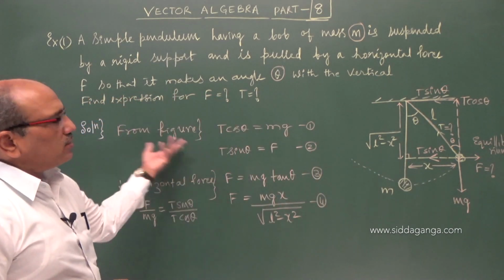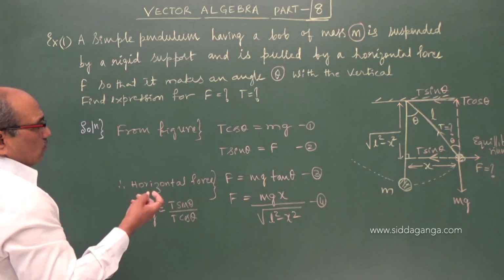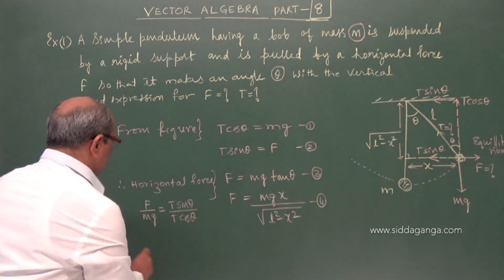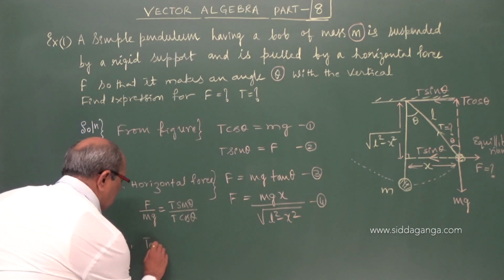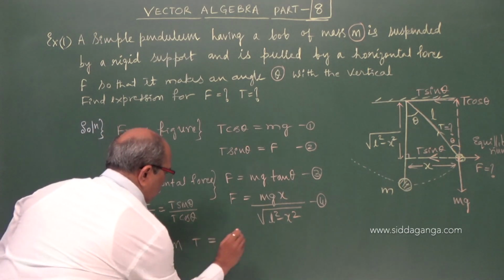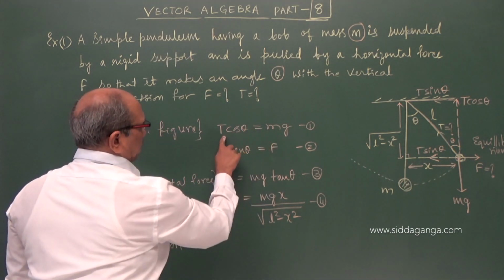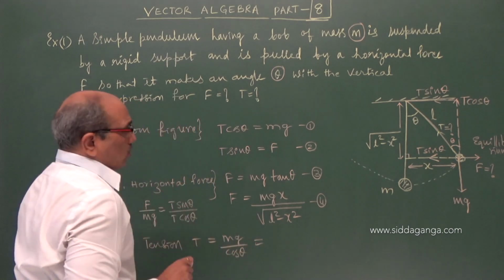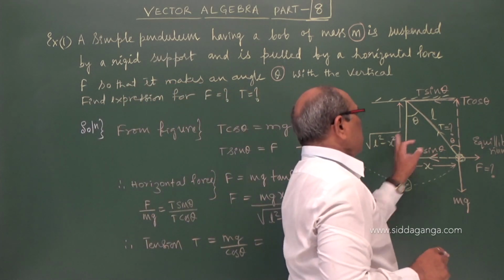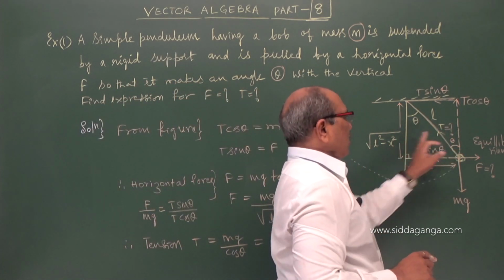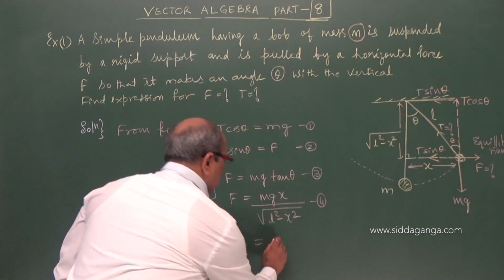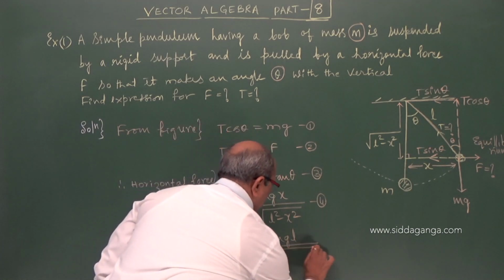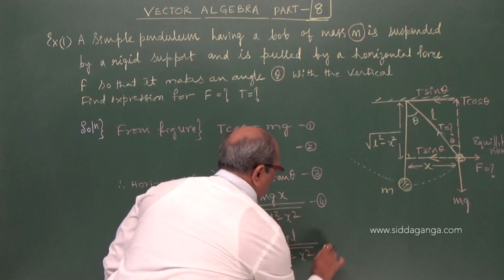So that is what we took in this equation as the fourth one. If they give the data, we can substitute and find the value. And again we want tension. Tension is T. Mg is known. Therefore I come to another tension expression. From 1 I can write T equal to mg upon cos theta. What is cos theta? Adjacent side by hypotenuse. Therefore it becomes mgL upon root of L square minus x square, which is the fifth one.